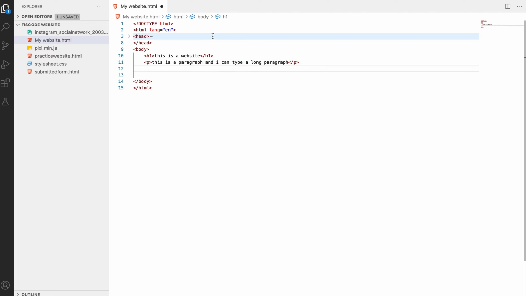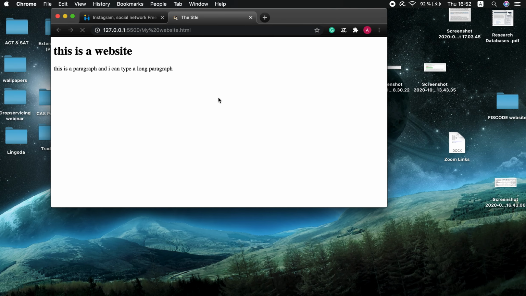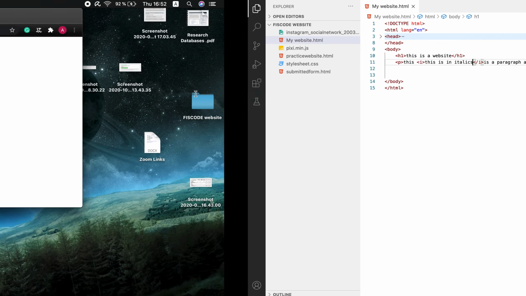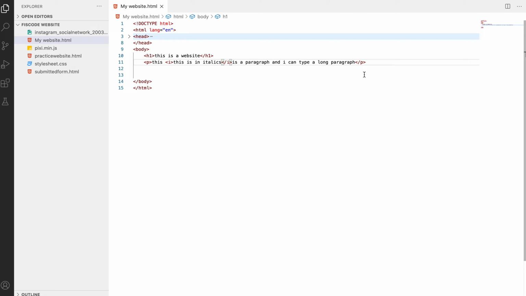So if I type I, and then I say this is in italics, hit save, I go here, and whatever I typed here will be in italics. How cool is that? Right, let's just enlarge this. All right, so the next thing I want to show you is